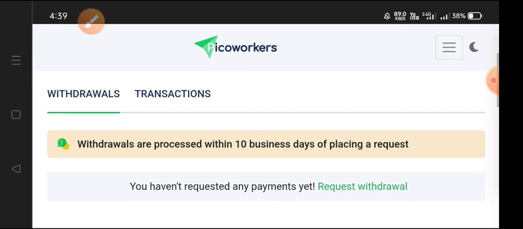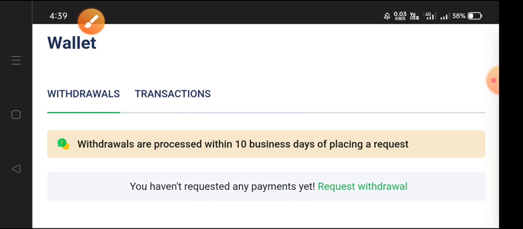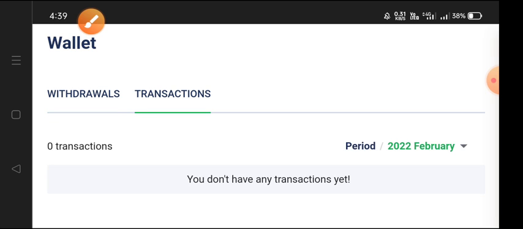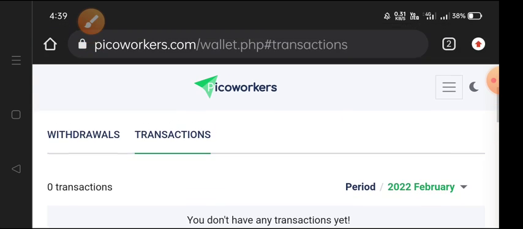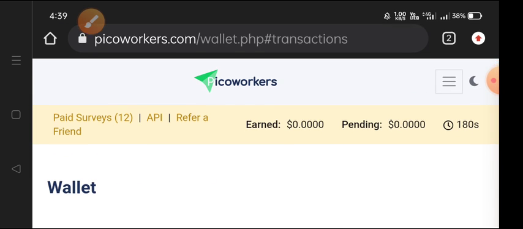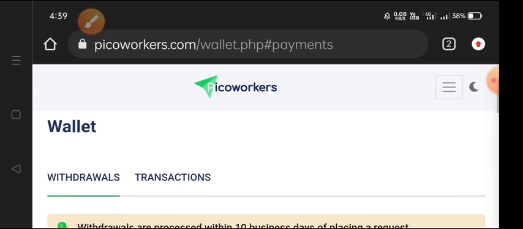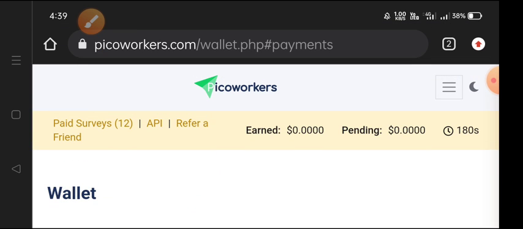Withdrawals are processed within 10 business days of placing a request. You have to work at least 10 days to place a request. Now you can see transactions. Click on transactions. This is a new account, so there is no transaction yet. After that, you can see withdrawals. You have to work 10 days to withdraw this money. After that, you can take your payment through PayPal or many other